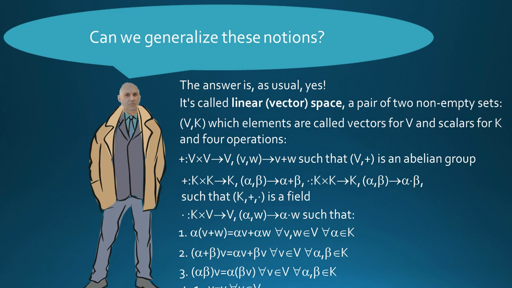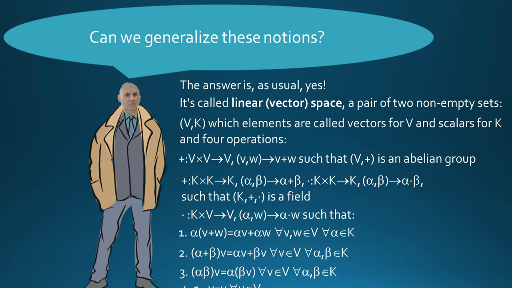plus defined by the Cartesian product K by K with values in K, where to the pair alpha, beta corresponds alpha plus beta, and the multiply defined by K multiplied by K with values in K, where alpha, beta corresponds to alpha multiplied by beta, such that K with plus and the multiply is a field. And also an external operation